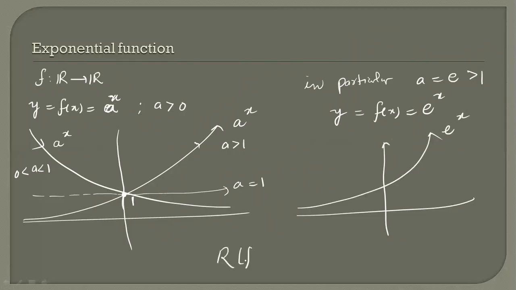What about the range of this function? This value is always greater than 0. Exponent power is always greater than 0. So the range will be 0 to infinity. It is not touching the x-axis, because if it is tending to 0, it means x is tending to minus infinity only or plus infinity only when a is less than 1. So at x equal to minus infinity or at x equal to plus infinity, we will get asymptotes according to the value of a.